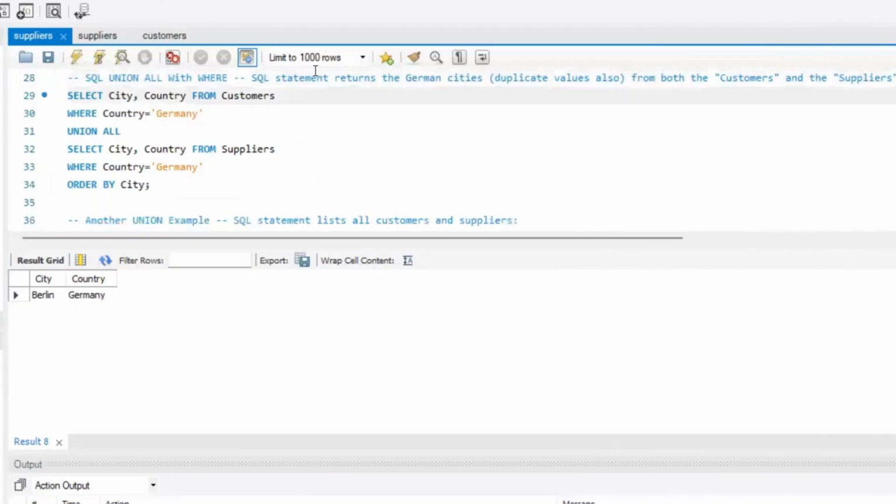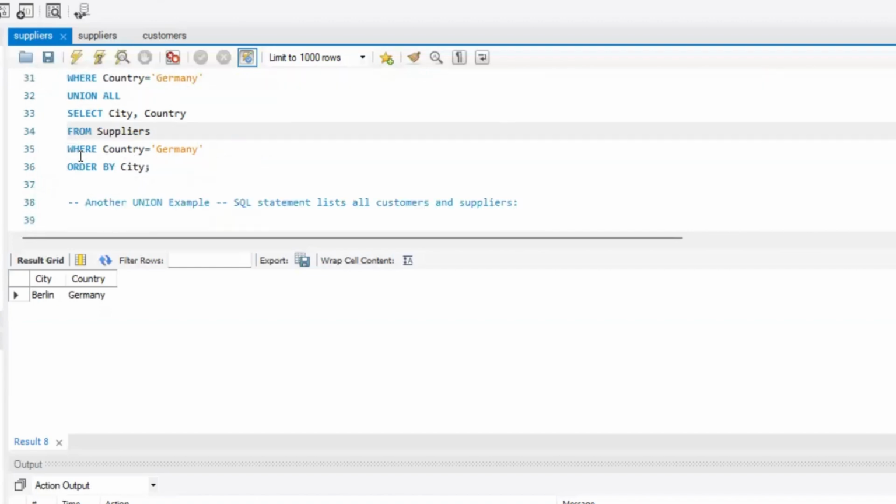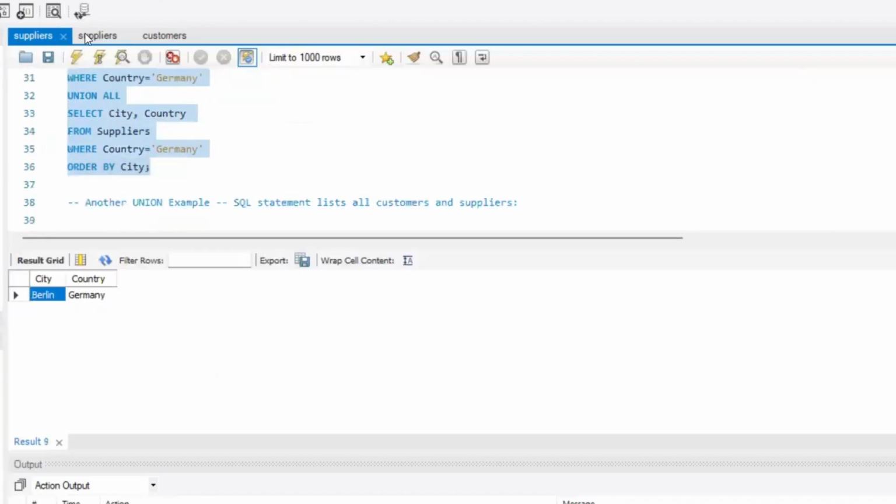So I can just take the table name below just for the understanding. We are using a union all operator over here. We want city and country columns from the supplier table. We are using a where to filter the records, country is equal to Germany, and order by city. So if I execute the statement, we are getting the Germany